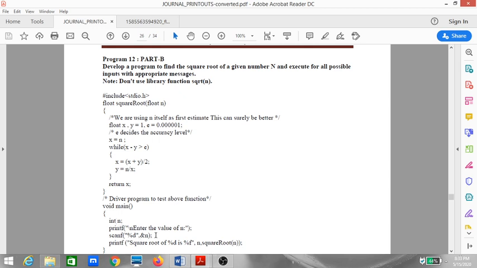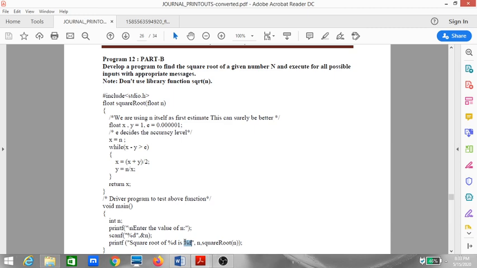Now we have to do the function call, and let us look at how we are doing it. We have given a statement here saying square root of %d is %f. So I have two format specifiers here. One is %d and the other is %f. So what are the values for it? Outside the double quotes and after the comma, whatever variables are there will be for these format specifiers. The first format specifier is %d, and the matching variable is n. So whatever is the value of n will be inserted here.